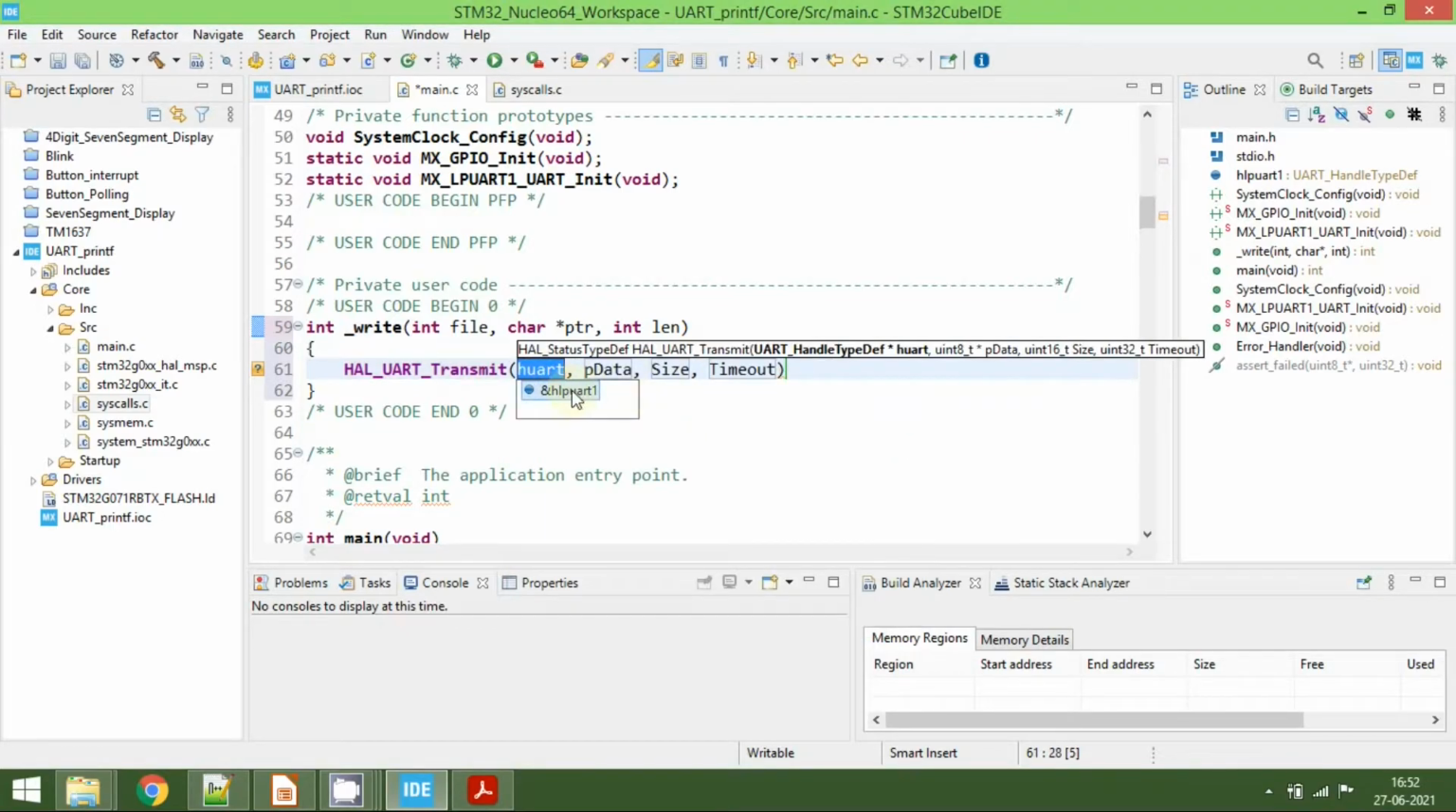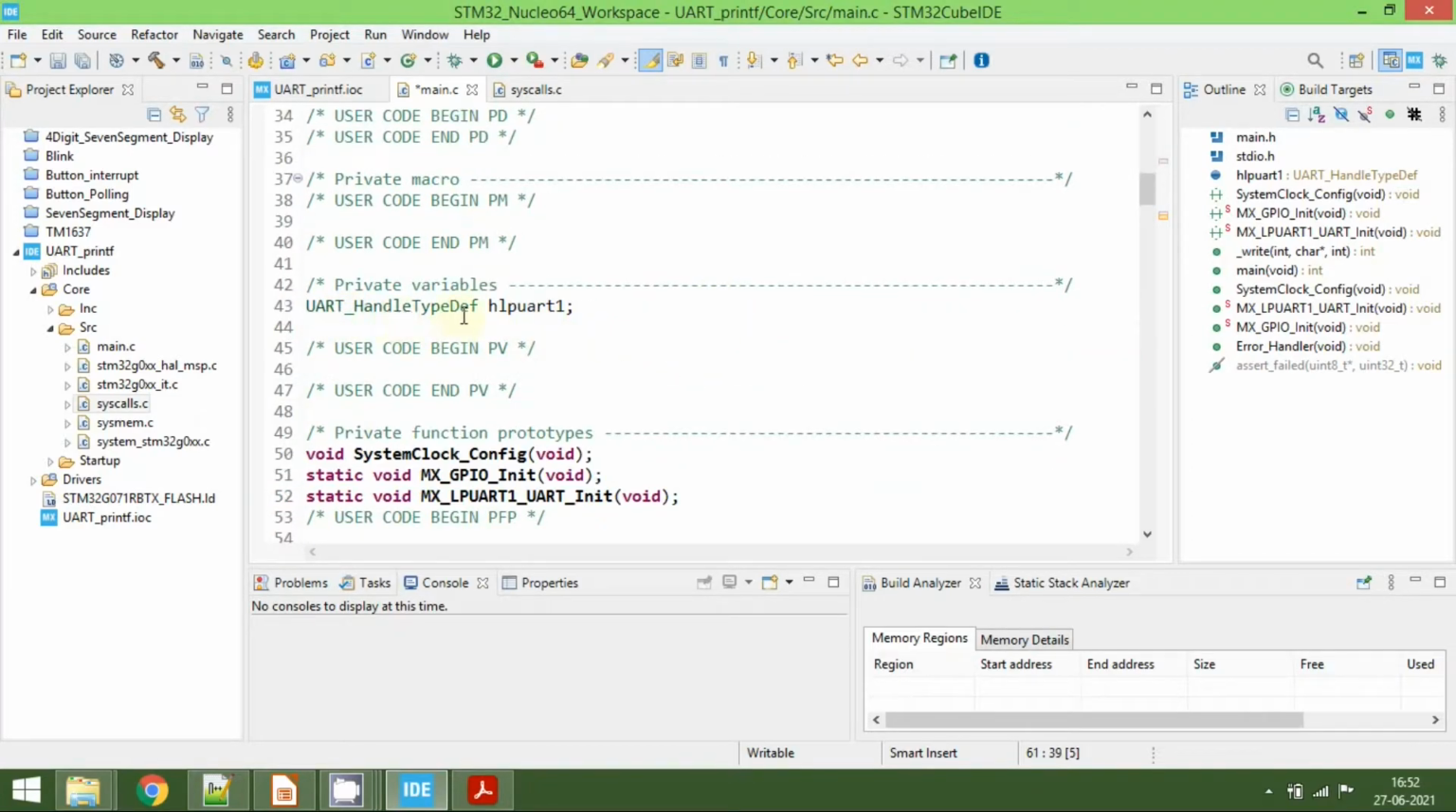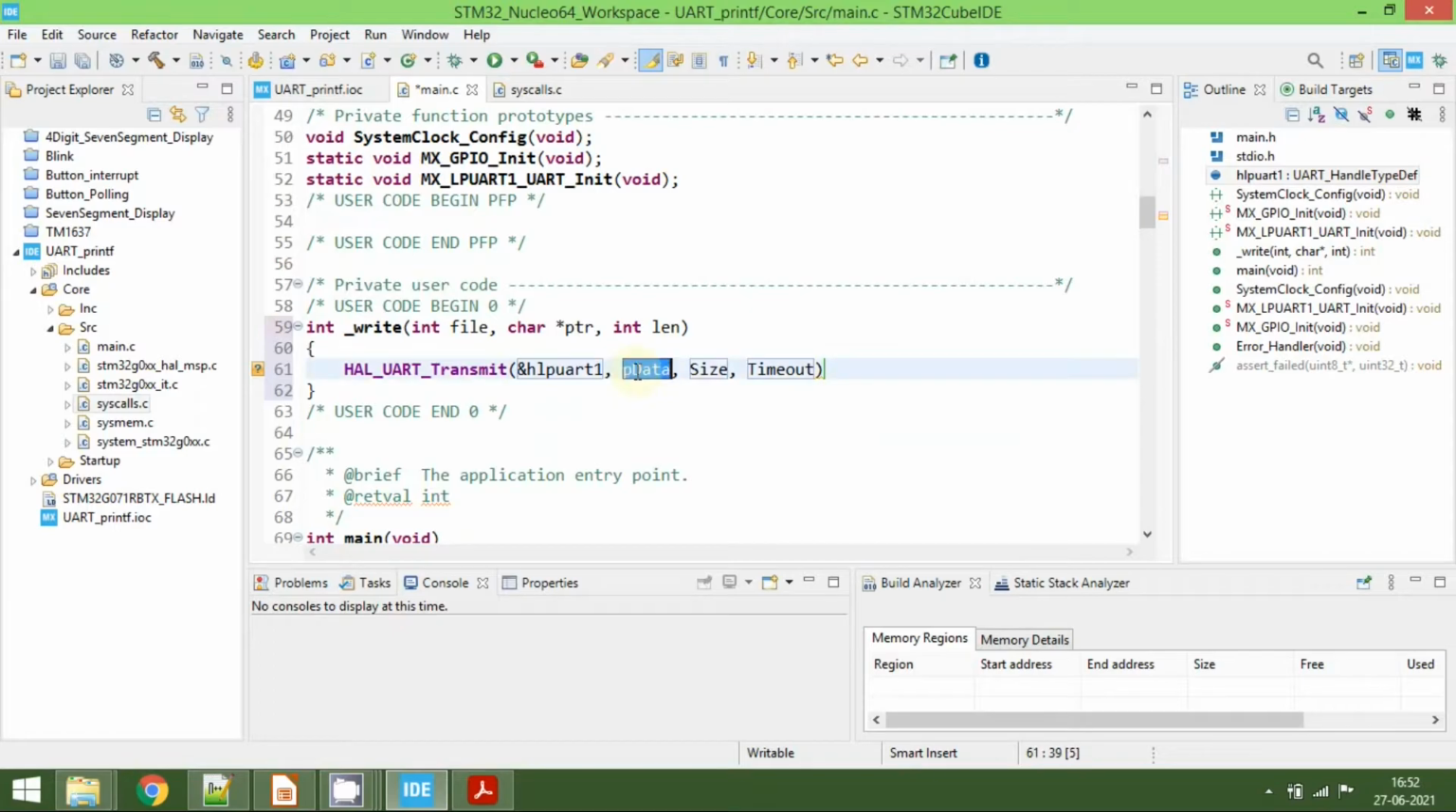So we need to pass the first parameter as a handle. You can see the handle here, that is UART handle type def. We are using a low power UART, so that is why it is LPUART1. And then the size, we need to pass this pointer here. This is a ptr, and this should be typecasted to int8_t pointer, and then size should be len, and timeout we are going to use HAL_MAX_DELAY,